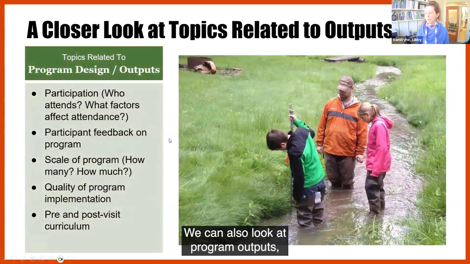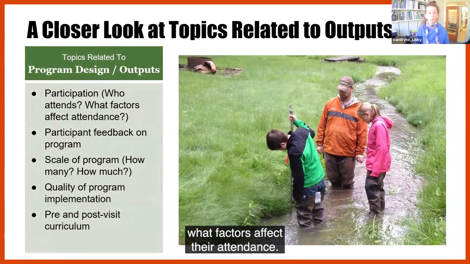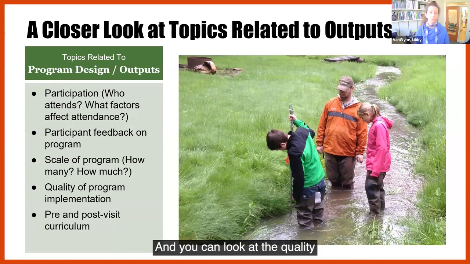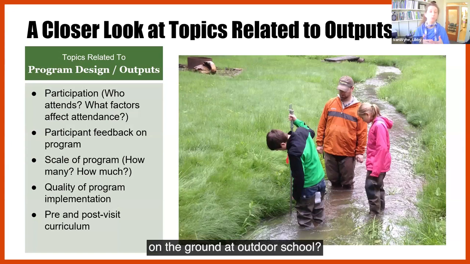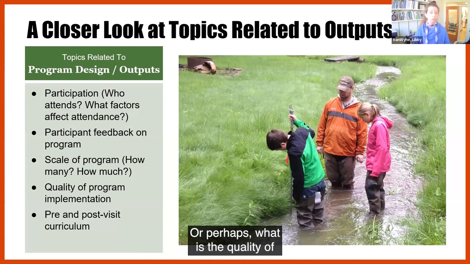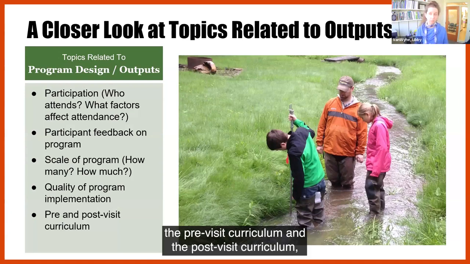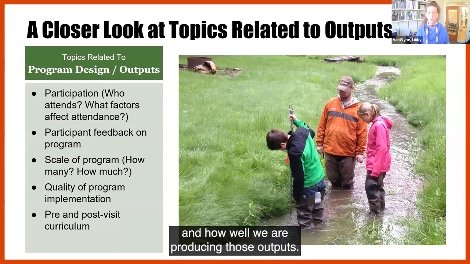We can also look at program outputs, program design, who is participating, what factors affect their attendance. You can look at participant feedback to see how well you are rolling out your program. What is the scale of your program? You can look at just numbers and quantity, and you can look at the quality of program implementation. For example, what was the quality of the program that's happening on the ground at Outdoor School? Or perhaps what is the quality of the pre-visit curriculum and the post-visit curriculum, and how well we are producing